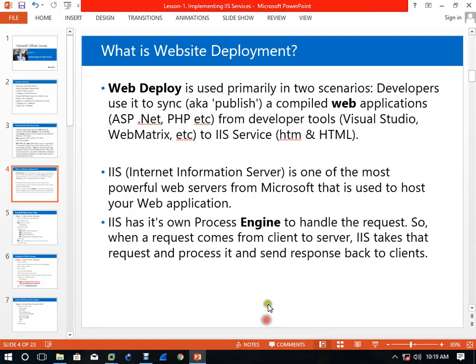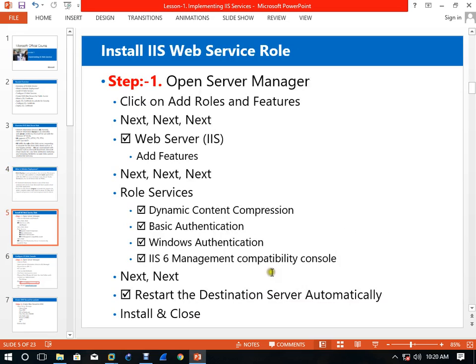Why is it powerful? Because Microsoft has its own engine to work with IIS. It means Microsoft is not dependent on other services to deploy IIS. Everything is Microsoft's own. Okay. See, Cisco: when you run a Cisco router it has its own IOS, but the IOS is running on behalf of Linux. IOS is based on Linux, but here the engines are used by Microsoft's own applications. That's why it is faster than the others. Okay.